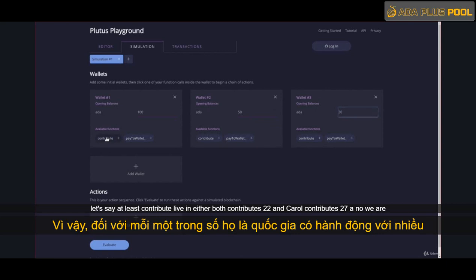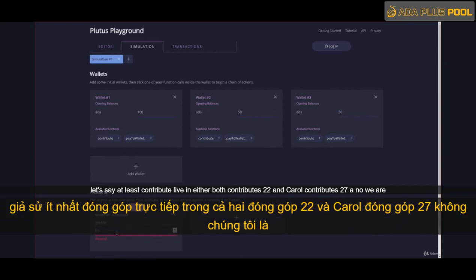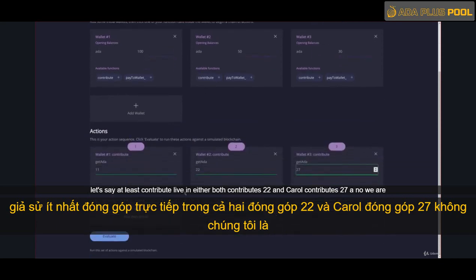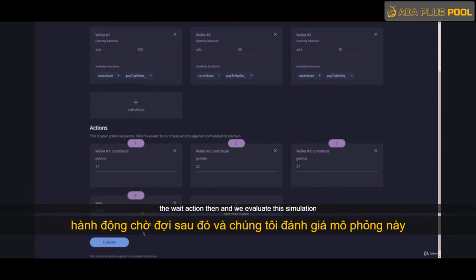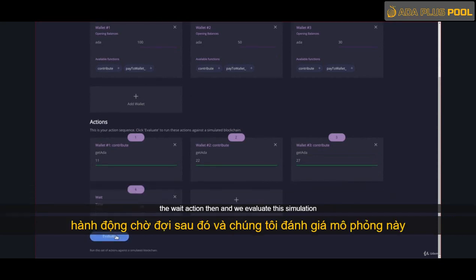Well, let's say Alice contributes 11 ADA, Bob contributes 22, and Carol contributes 27 ADA. Now, we add a wait action of 10, and if we evaluate this simulation,